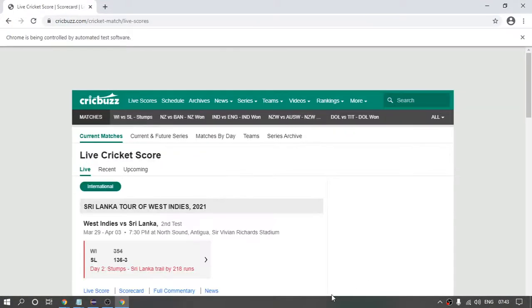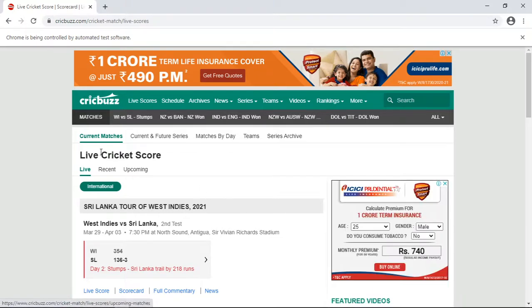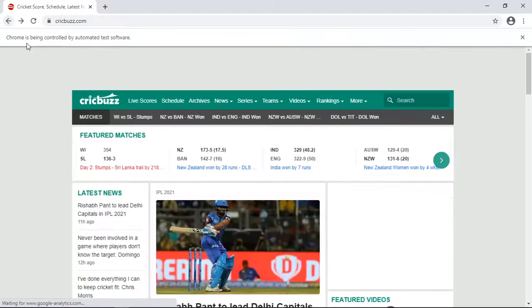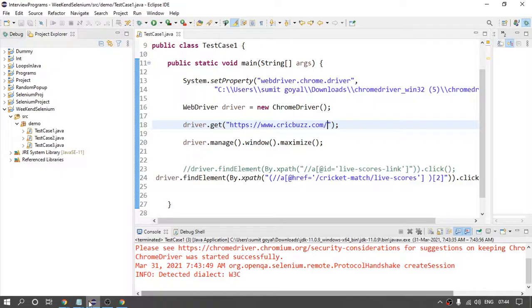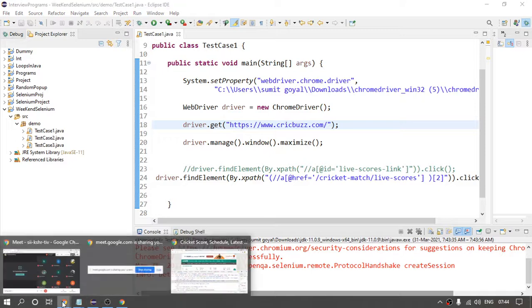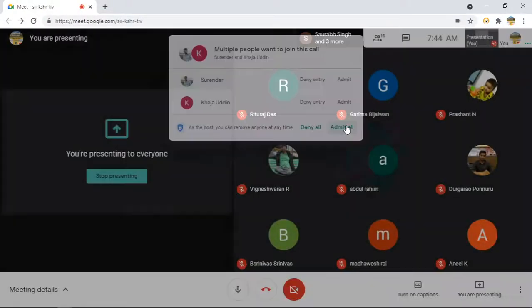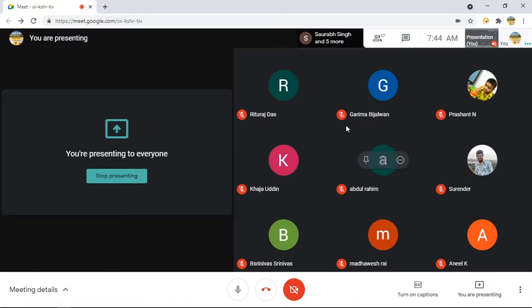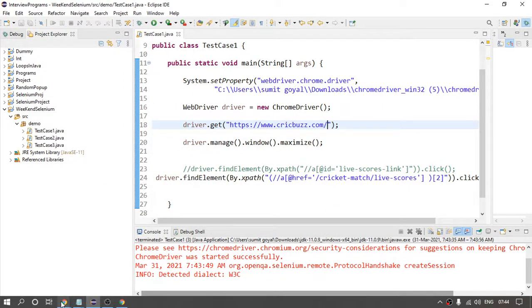Sorry, matches. You can see it has clicked on matches, right? Earlier we were here. But if I click this, you will land on the same page. So this is how you can use the click method here.